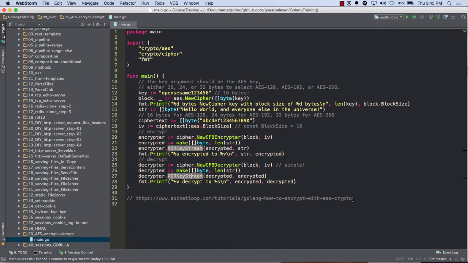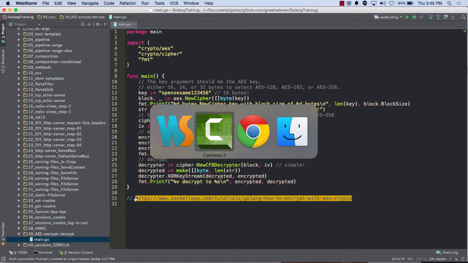And here's the link to it. So this is like separate from cookies, right? What might you use this for? I'm not totally sure. But anyhow, this is what it does if you run it.